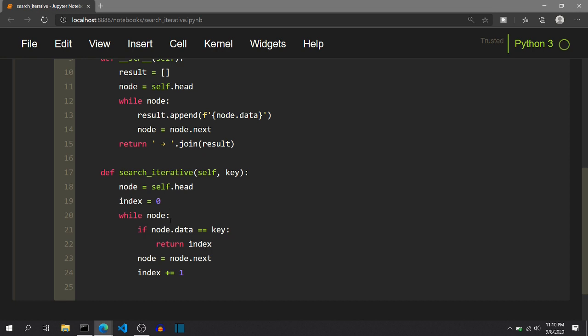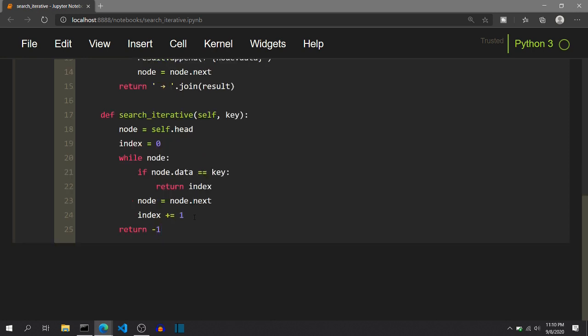This while loop will break in the normal case when the key is found and it returns the index. But if there is no node that has the data key, this return statement will not run and it will break out of the while loop when node becomes null. At that time we can be sure that no node has data that matches the key. So we can straight away return -1 at the end of the while loop. So this is the code that we need to write for searching a key inside a linked list. That is the iterative version of the search function.